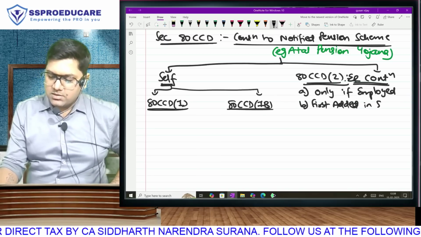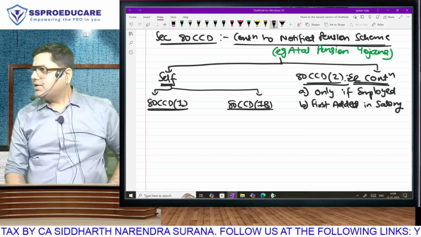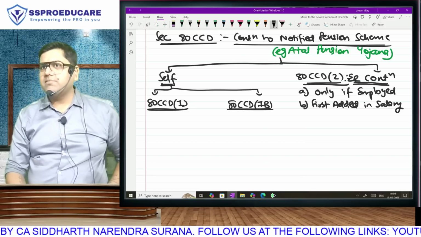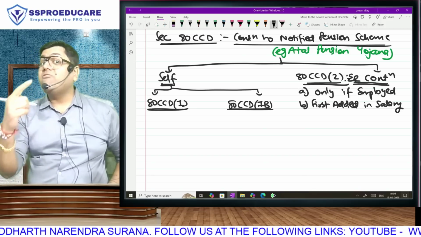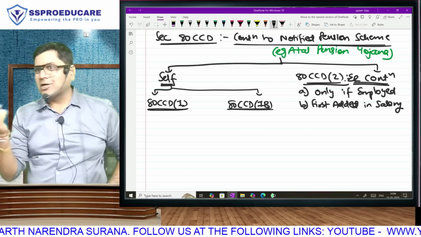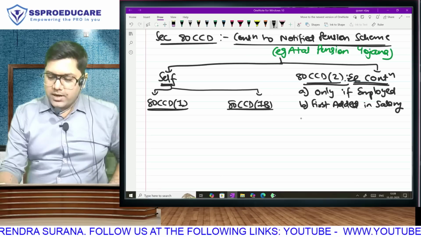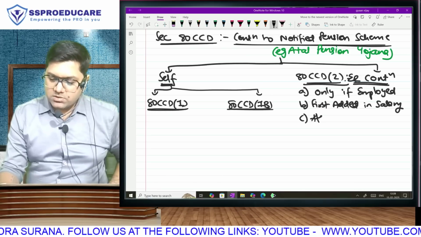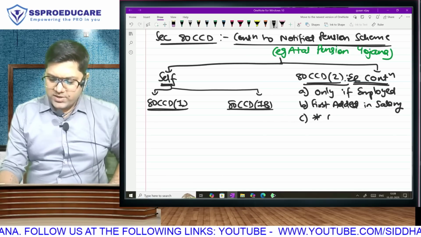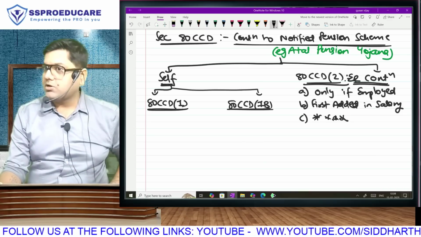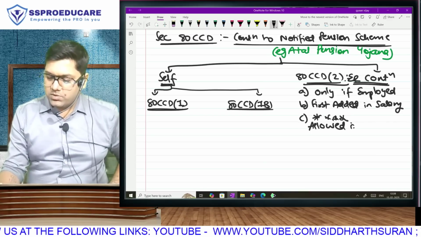Easy? Do you realize that this will be first added in my salary? Do you agree with this? This will be first added in my salary because this is over and above. In fact, outer column, because we are giving deduction, not exemption. And a very, very important thing to note: continuously, orally, I have told you that in the new regime, chapter 6A deductions are not allowed, not allowed, not allowed. But this is going to be allowed in